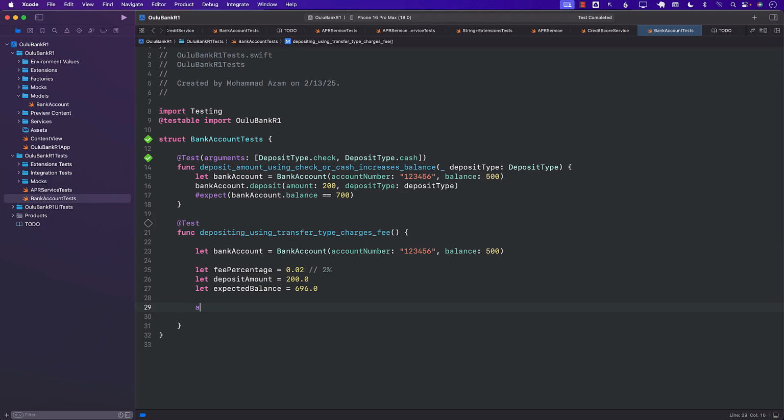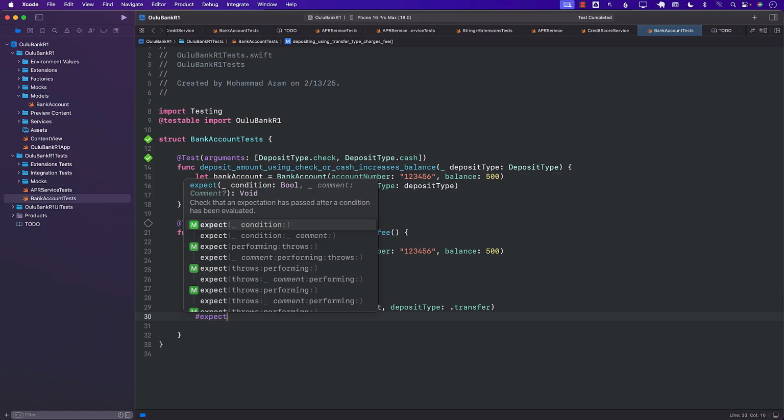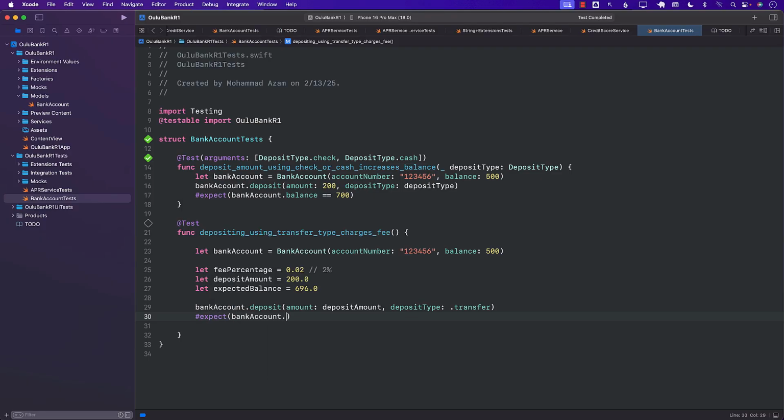Now I'm going to go ahead and say bank account dot deposit, the amount that we want to deposit, which will be the deposit amount. Deposit type in this case is transfer. And what I'm expecting over here will be that the bank account dot balance will be equal to expected balance. So 696 or close to that. Okay. Now, if I run this test right now, you will note that the test should fail